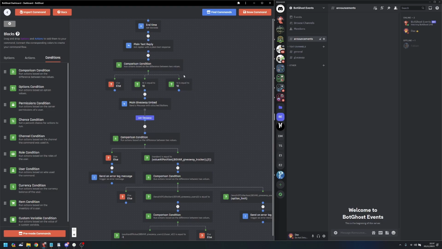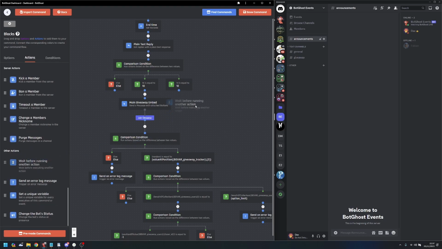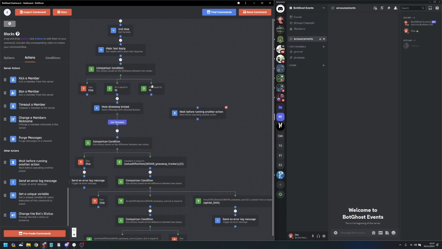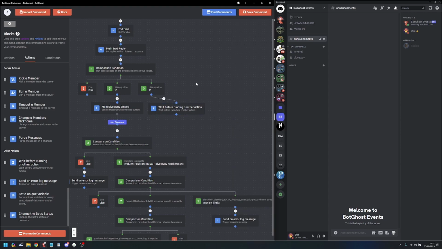On the other side of this, it's going to immediately post the embed, and then we are going to use a wait block so that this side of the condition waits for 2 seconds,